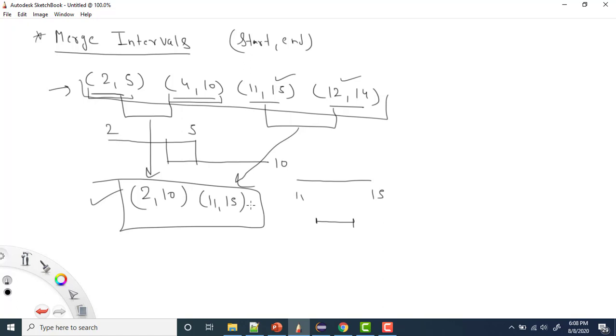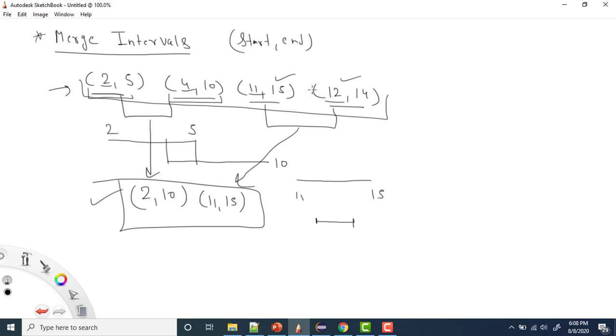This is my aim. Now how can we go about the solution? If you see what is happening here, this is the start, this is the end, this is also start and end. Here the starts are in sorted order: start 2, then 4, then 11, then 12, right?